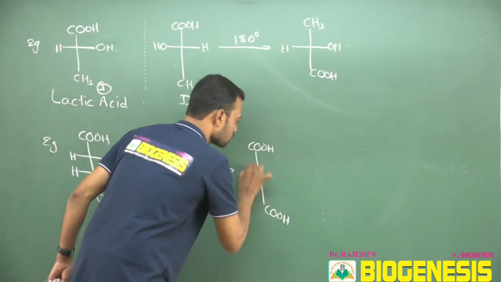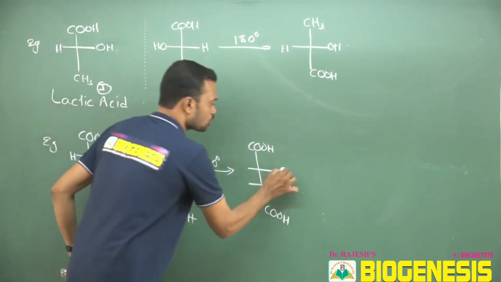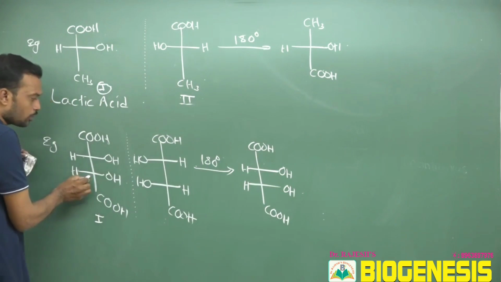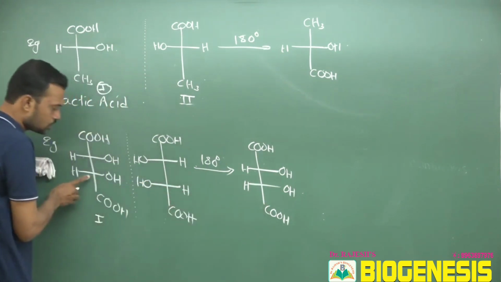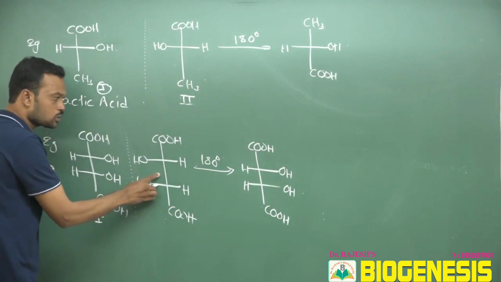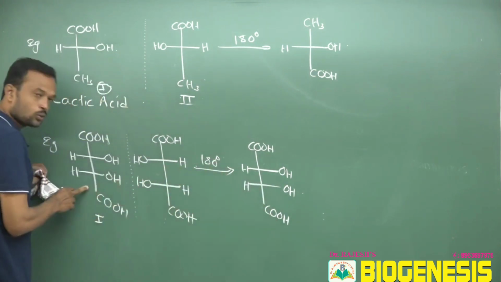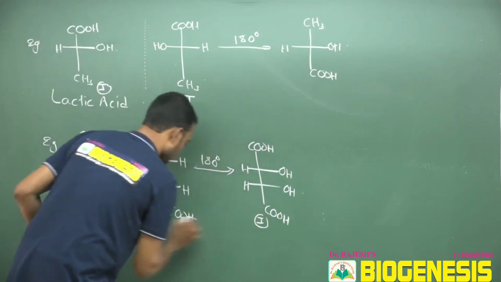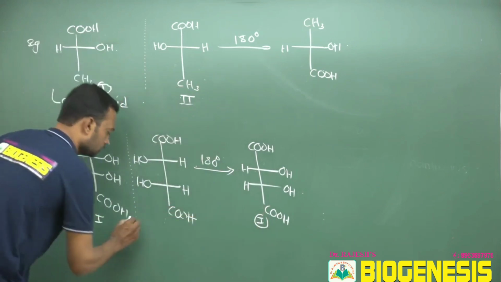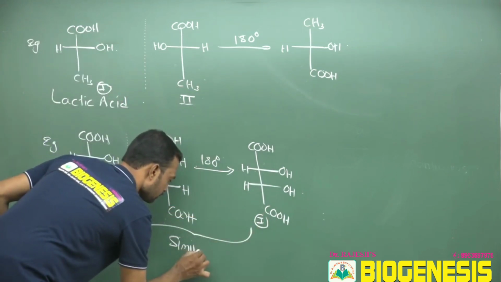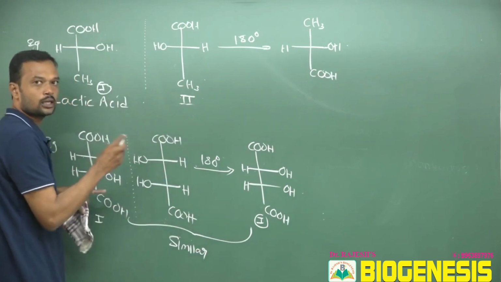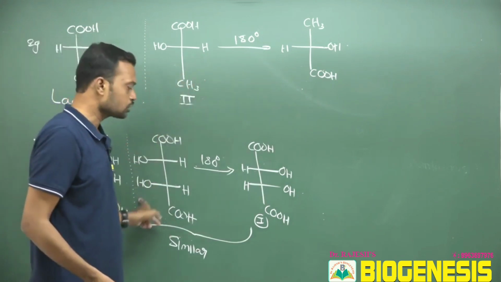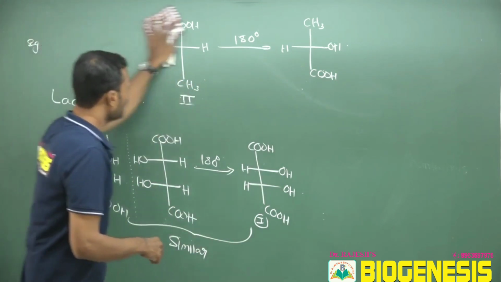Now, see, this is carboxylic acid. If I rotate like this, the hydroxy groups go to the right side. Here hydroxy, hydroxy, hydroxy. See, does this original molecule appear here or not? This is the original molecule, this is the image. If you rotate the image about 180 and it gives the original molecule, then these two are not enantiomers. So here we can say both are the same, so both are similar. If both are similar, the image is not an enantiomer. But here, this and this are not similar, so we can say these two are enantiomers but these two are homomers.